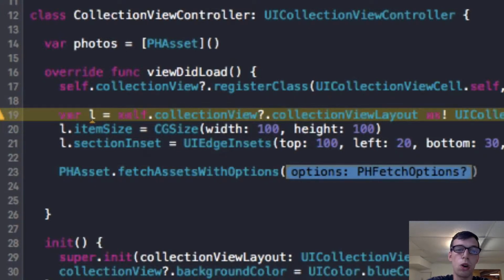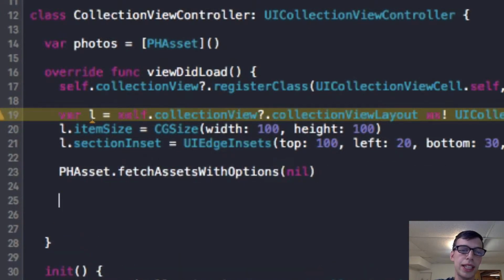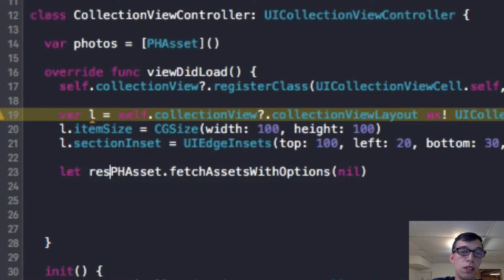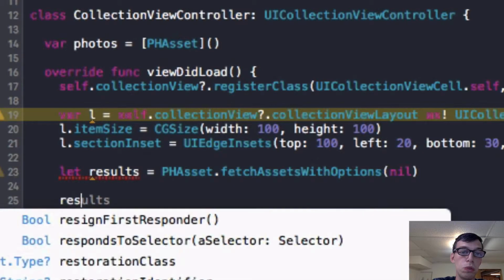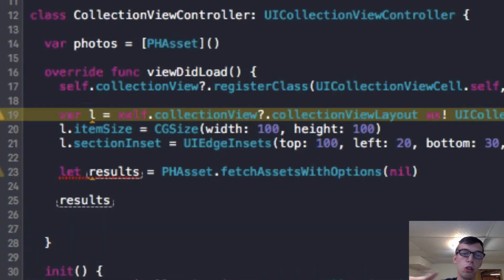But in this case, we're going to get all the photos, so we're just going to do nil, and we're not going to care about anything else. And I'm just going to make that let results equal that,